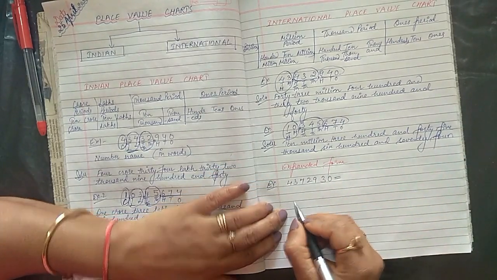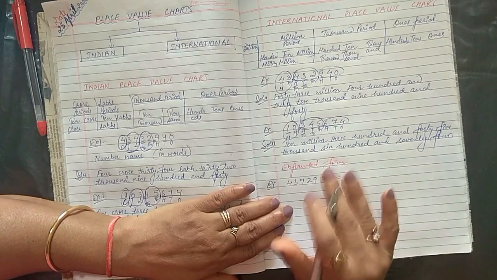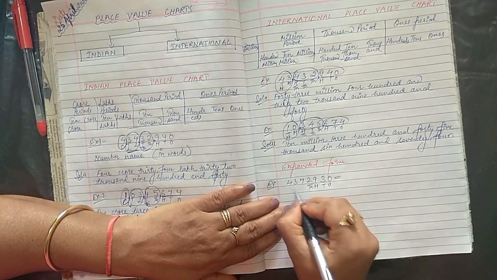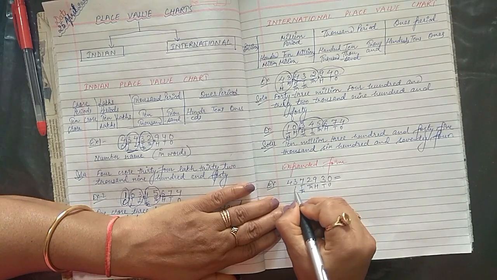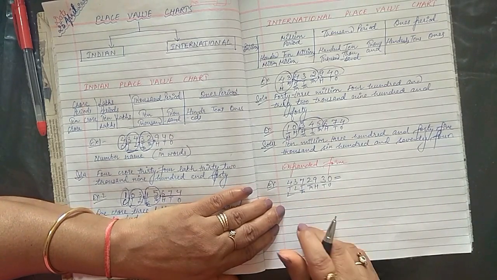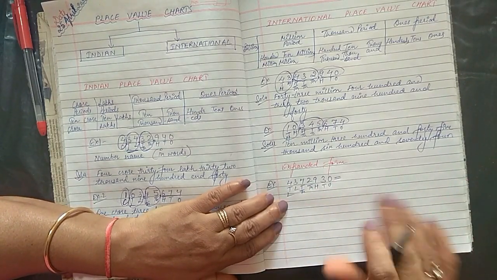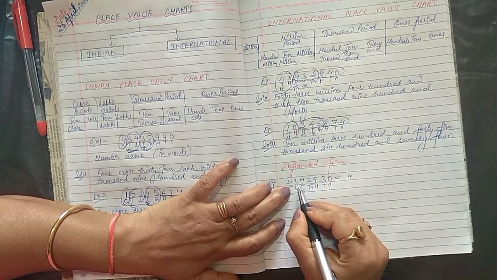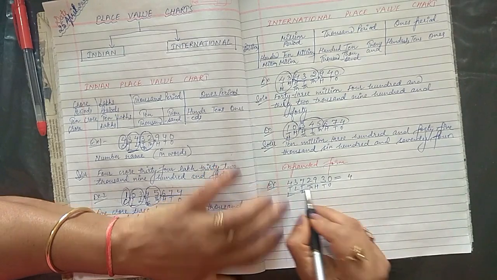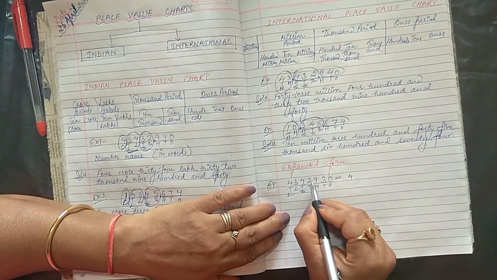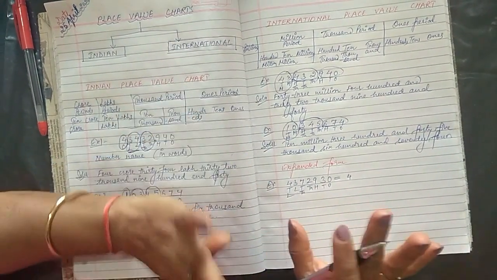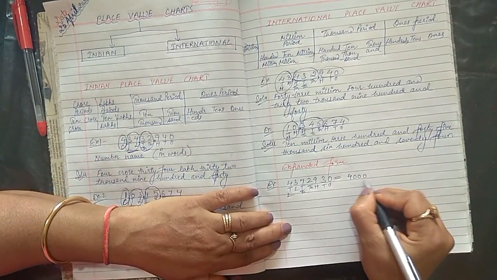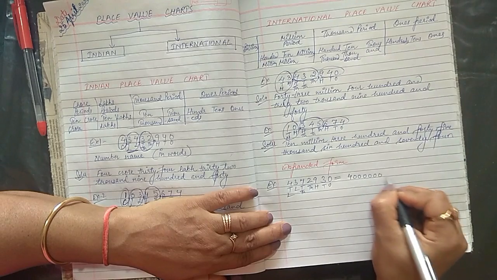So what we are going to do, again we have to write their place values first of all. This ones, tens, 100, 1,000, 10,000, lakh, 10 lakh. Now write it, expand it. How? First we are going to write this 4. How many digits are there? 1, 2, 3, 4, 5, 6. 6 digits are there. So we will put 6 zeros over there.